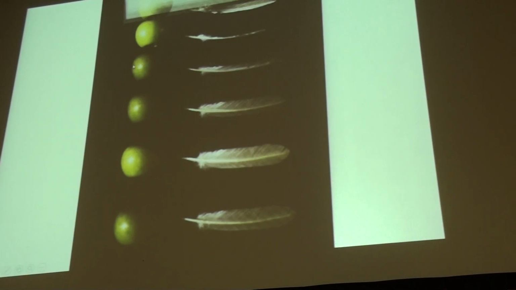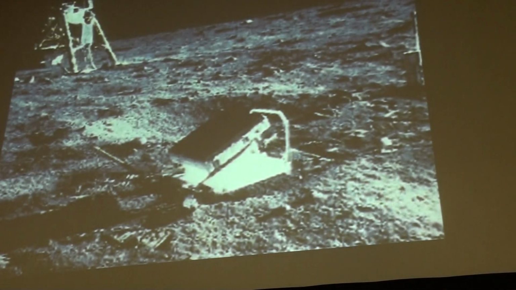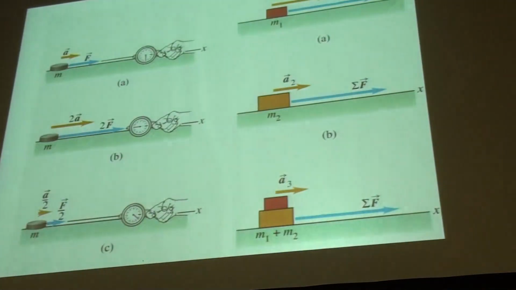But we have a good picture of Neil Armstrong dropping a hammer and a small pebble on the surface of the moon. And in that vacuum of space, they both fall at exactly the same rate. And actually, he also took a feather, what they call the falcon feather, and dropped it right along with the mass, and they both fell just like what you're seeing here in this picture. So that was back in 1969 that was done.